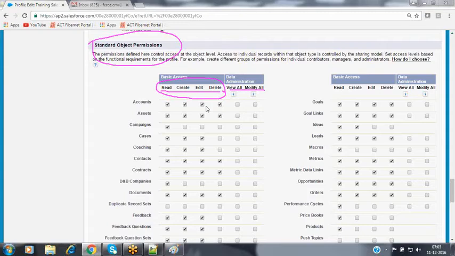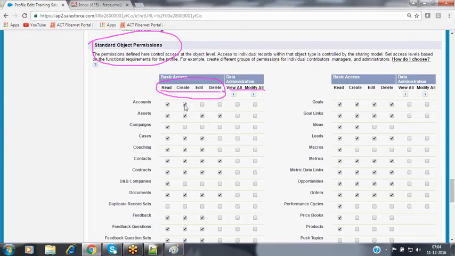So what happened? If the user does not have the rights on that particular object to edit and to delete, then I don't want those buttons to be visible. In this kind of scenario, I want to remove those 2 buttons from that layout. Then how can we remove the buttons from the layout here? Whatever object checkboxes you have selected in the permission level, depending upon those checkboxes, the buttons are made visible.